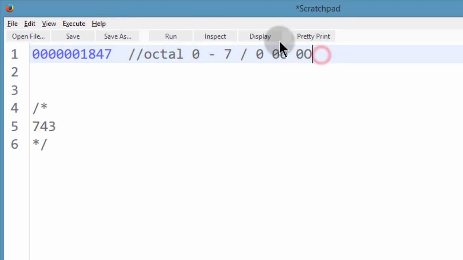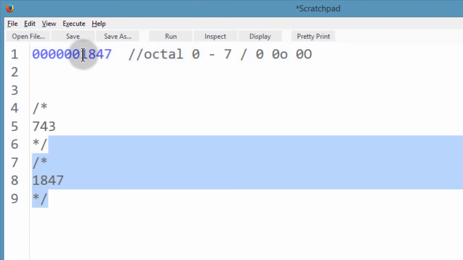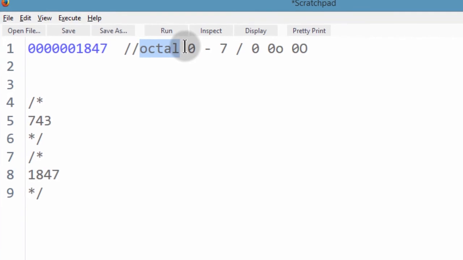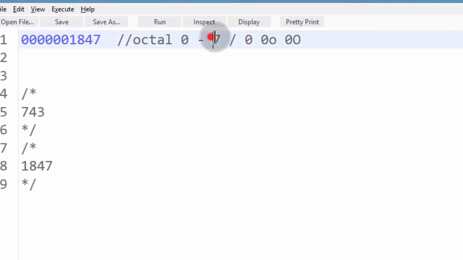So if I display this one, it returns this number as a decimal number because within these numbers there is 8. That means that there is no way this number should be interpreted as octal, because in octal, numbers can only be represented with digits from 0 to 7.